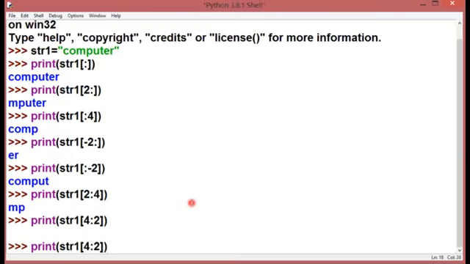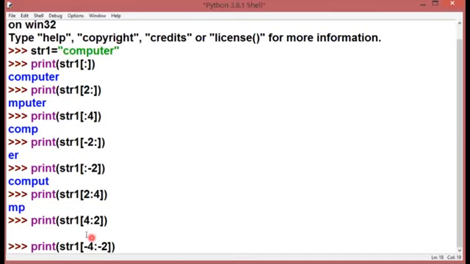Similarly, if I say that I want to move from -4 to -2, what will happen? As I told you, my negative indexing starts from right to left. So this is -1, this is -2, -3, and so on. From the left hand side, it is going to be increasing: -12, then -11, then -10, then -9.